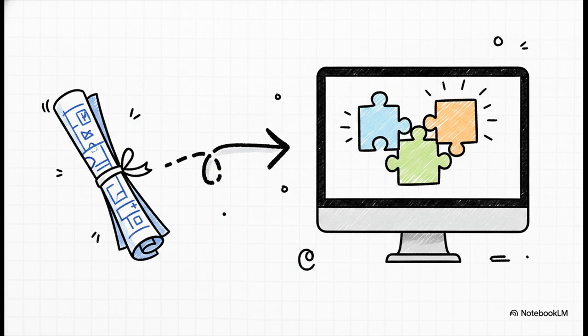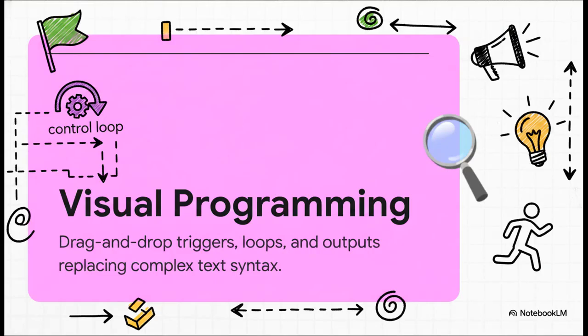Which brings us to Phase 2, scaffold, where we start learning the blocks. Once that physical blueprint is ready, it's time to hit the digital canvas. To translate those offline ideas into digital actions, students have to master this visual vocabulary. They learn exactly how a trigger, say clicking a green flag, initiates a control loop, like a repeat 10 block. This then results in a specific output, such as motion or speech on the digital stage. It's an incredibly intuitive drag-and-drop logic system that totally bypasses the headache of complex text syntax.